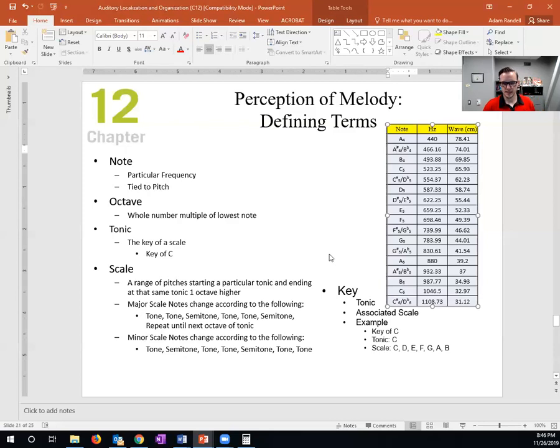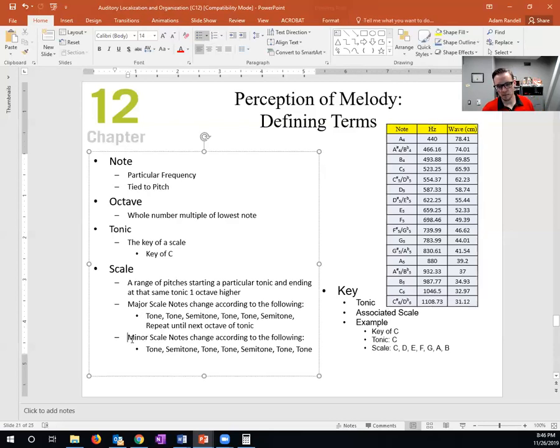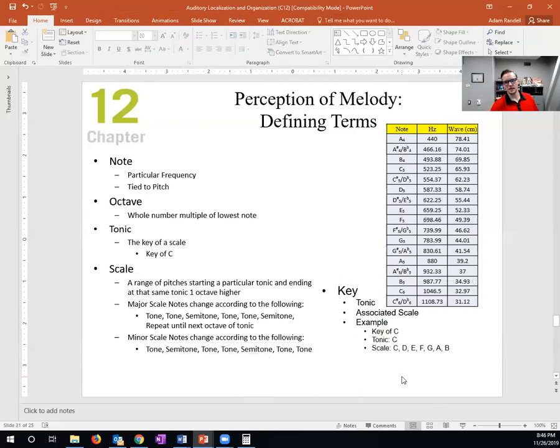Okay. Now, if we're talking about minor scales, then the pattern that comprises a scale changes. But let's stick to a major scale. So let's talk about key. If we were to create a scale in the key of C, the tonic is C. C is a major note. If we were to make a C major scale, we would use this pattern,